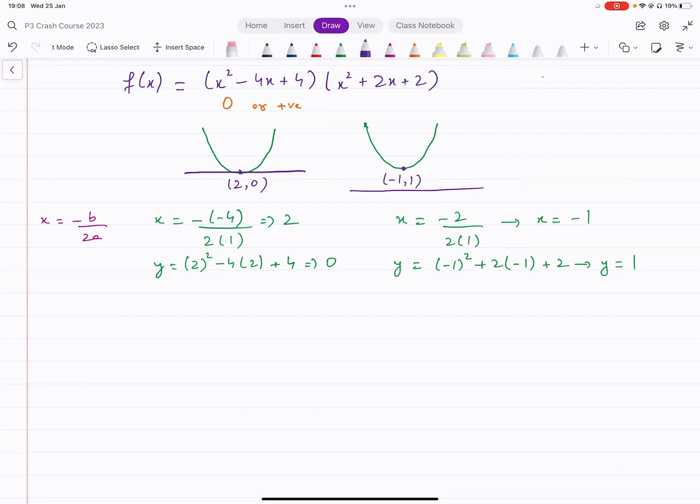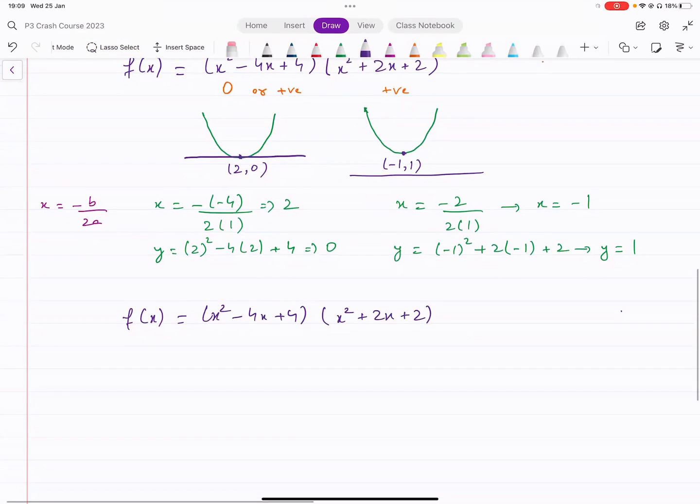Okay, so this whole function is going to be above the x-axis like this. It's always positive. Okay, so what we have figured out is this is what the function was. F of x equals x squared minus 4x plus 4 into x squared plus 2x plus 2. This is what it was,